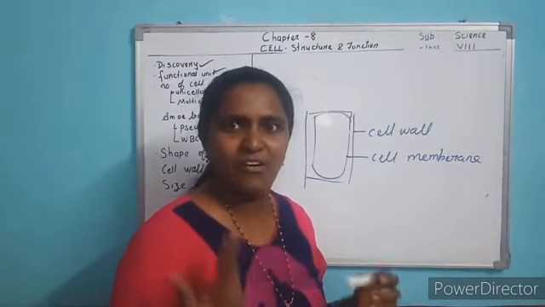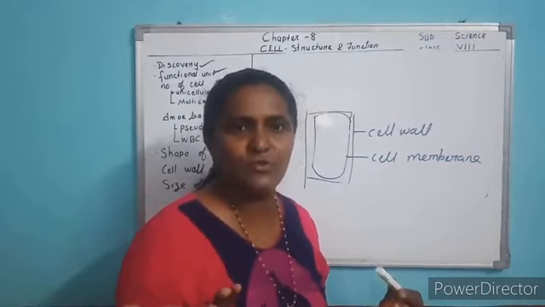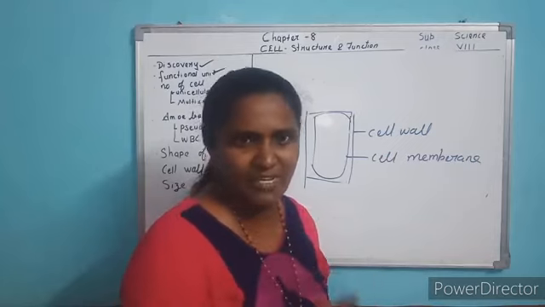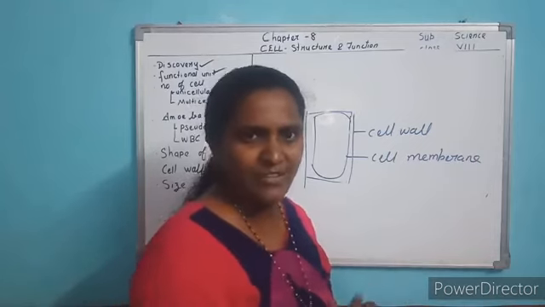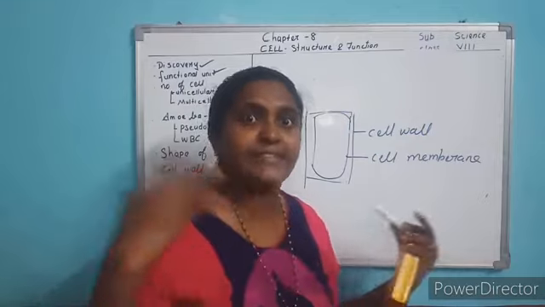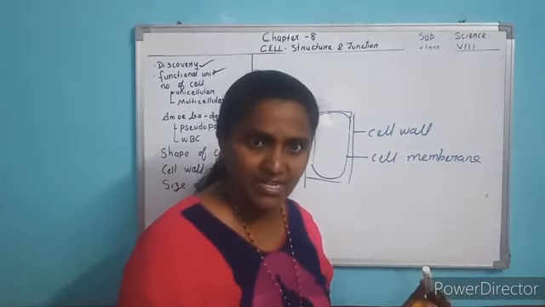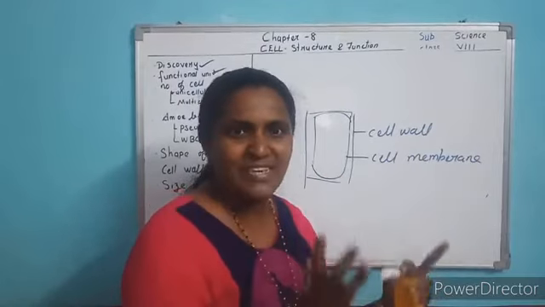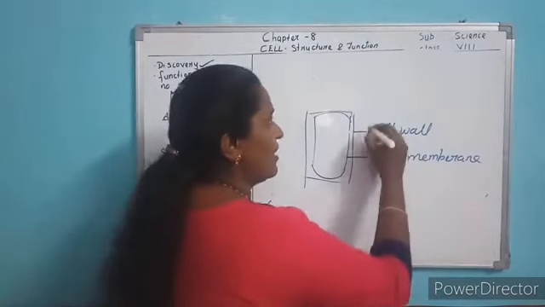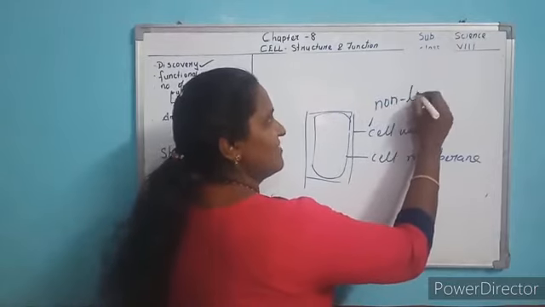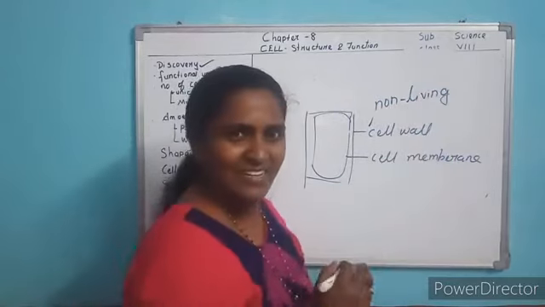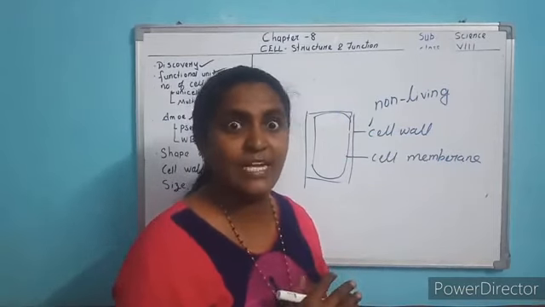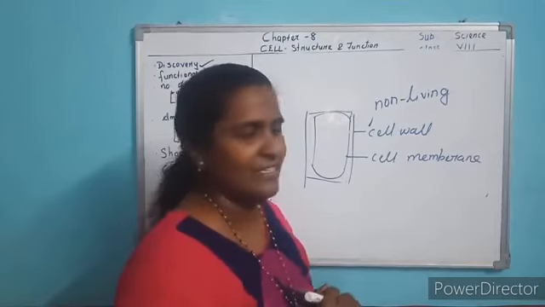Human beings, if there is rain or high temperature or too much sun, can run away. We can stay at home or inside anywhere, in a shady place. But plants cannot move from one place to another. So to protect itself from extreme conditions like high temperature, wind, rain, the cell wall is made. This cell wall is non-living matter. It is made of carbohydrate, that is cellulose. We studied it in the previous class. Cellulose.